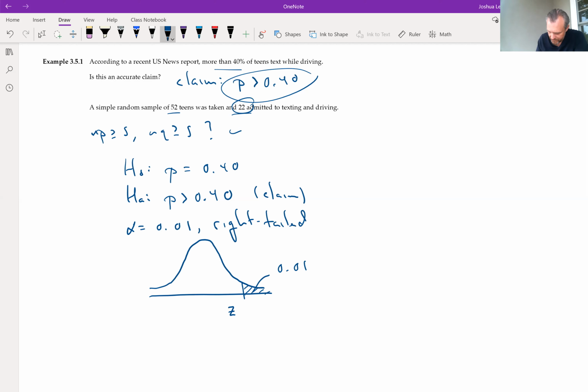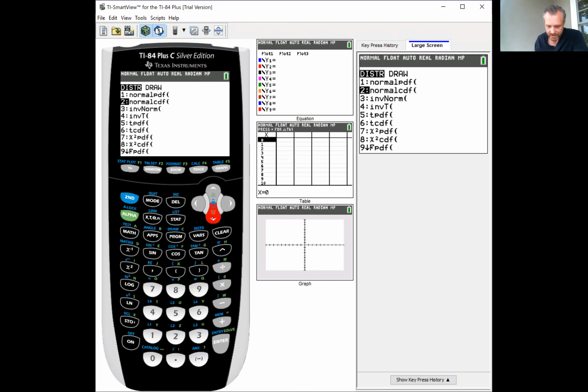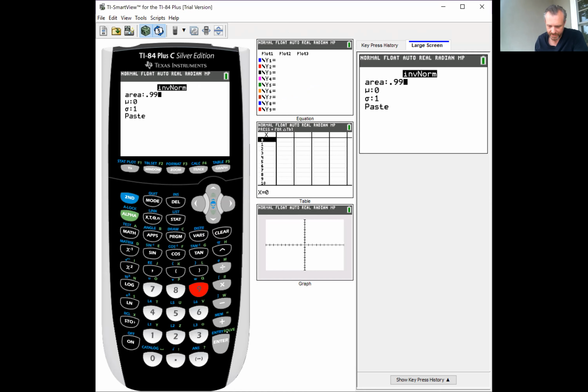And this will be my ZC. Okay. We still need to figure out what that is. But again, we have our regions, right? We have our rejection region that's shaded. And then we have our fail to reject region over here. So let's go get our ZC. Well, we know that if there's 1% in that right tail, then there's 99% sitting to the left. So I'm going to do inverse norm, an area of 0.99,